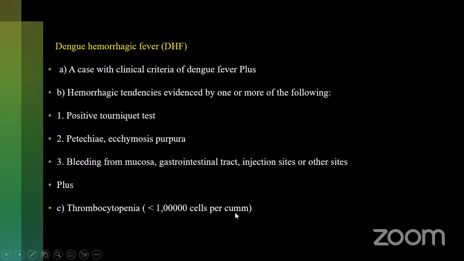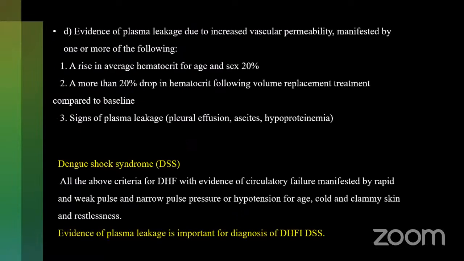One or more of these, along with the presence of thrombocytopenia, any counts less than 1 lakh, and with the evidence of plasma leakage because of the increased vascular permeability, that is usually manifested as a rise in the hematocrit for the age by more than 20% or a drop in the hematocrit by more than 20% following volume replacement,